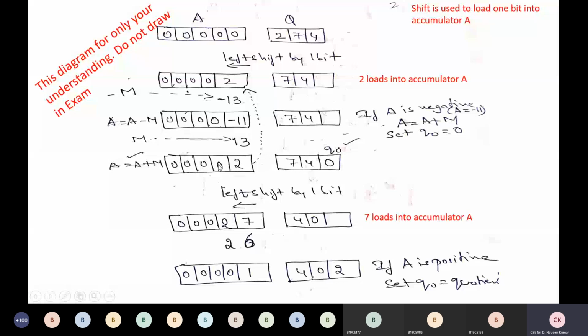So this entire 8 bits I treat as a shift register, and I do a left shift by 1 bit. So 2 comes here and 7 comes here, then 4, 0 because empty. Okay, 7 is loaded into the accumulator, along with 2 also. Now again we will do 13 into 2, 26. Yes, we will subtract, the operation A minus M. A is the contents of this one, M is this multiplication we will do, and we get the remainder 1.